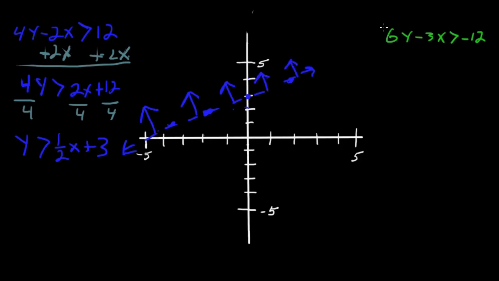Okay, now we got that one done. We need to come over here to the green one. Now, I want to do the same thing. I want to get y on the left side. So I'm going to add 3x to both sides. Okay, that'll turn this to 0. It'll put 3x, whatever I do one side I do to the other. And that leaves me with